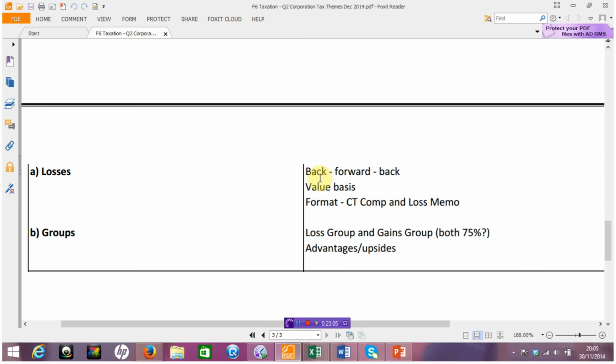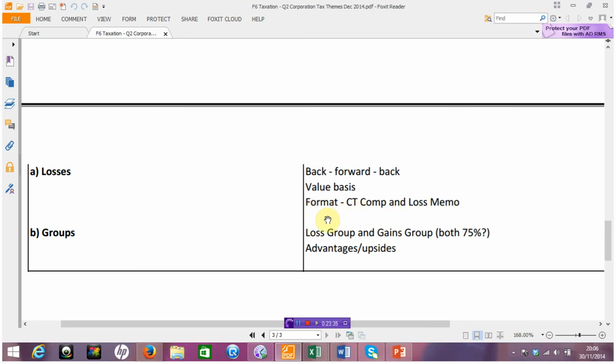And once we've done that, we come forward on a value basis against other income, and then back on a value basis against other income in the previous year. This value basis is key. I'd be very surprised if this is not examined in some way. I think it's highly unlikely that there's not going to be other income available to be offset by losses. So be clear on what the value basis is, and also this is key for you to get those extra